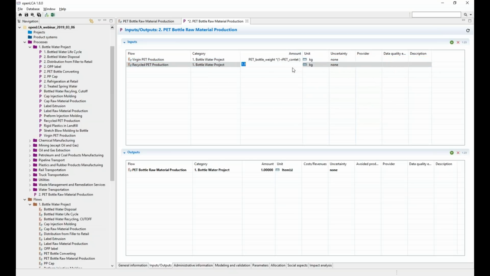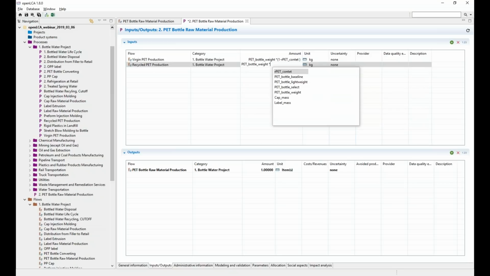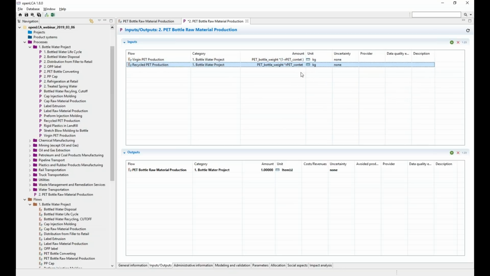Here we are. So now I have two formulas that will accurately account for the amount of recycled PET within our bottle. Now, if I want to assess or make sure that these formulas are accurate and catch any potential typos or mistakes that I might have made, this little toggle up here that shows 1.23 allows us to toggle between formulas